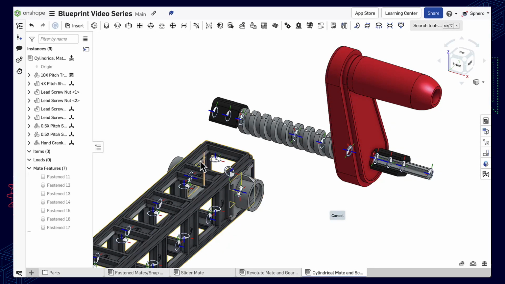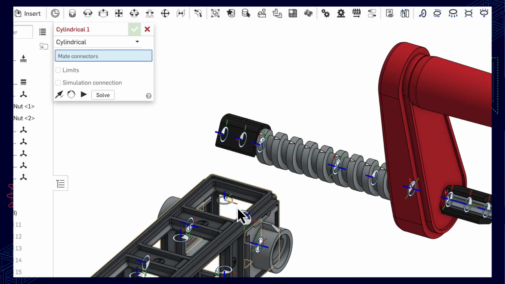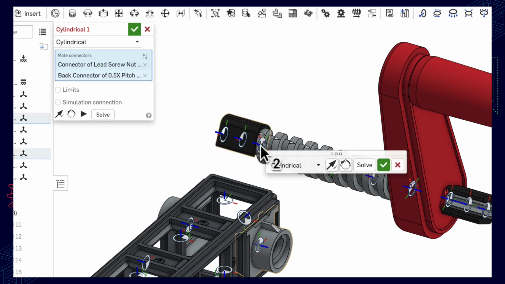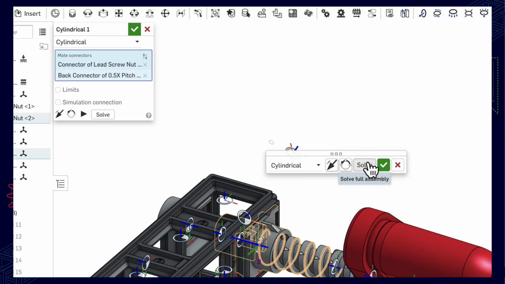To create a cylindrical mate, click on the icon in the toolbar. Now select the two mate connectors you would like to be concentric. Click on the Solve button to see a preview, and once you are happy with your selections, click on the